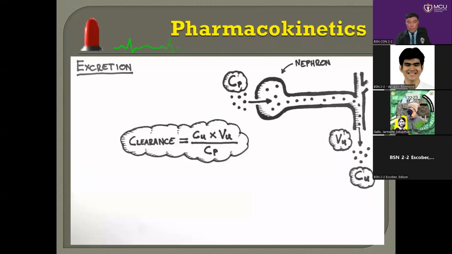The clearance is often very difficult to understand conceptually, so I'll try to simplify it as best I can. This equation asks, how much plasma contains the amount of drug being cleared at this time? The concentration of the urine times the rate at which urine is being produced shows how much of the drug is being cleared from the body at any given time. This is the top part of the equation. When the bottom part of the equation is factored in, it will give us a volume of plasma per unit time.